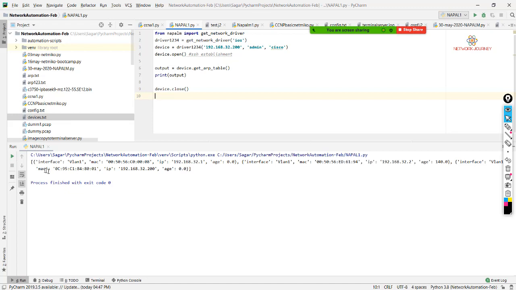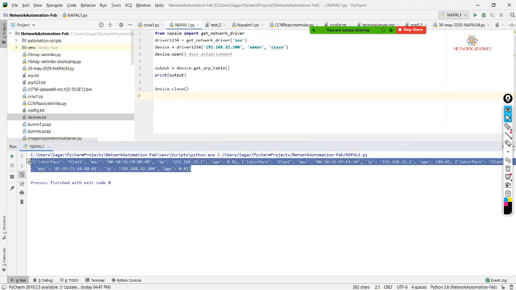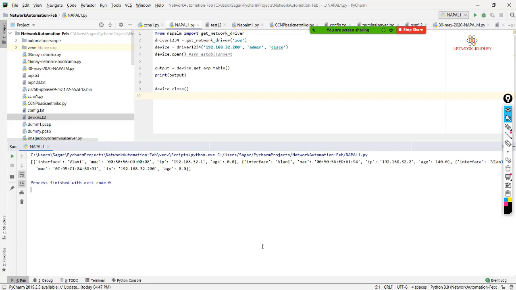So if you see, we have got the output, and as I told you, they are going to be in a dictionary format. Dictionary format is nothing but key value format. We have already covered Python theory. So in the case of dictionary format, it's always going to be in this order. Let's say key 1 value 1, a comma, key 2 value 2 comma, key 3 value 3 comma, and then closing the curly brackets.